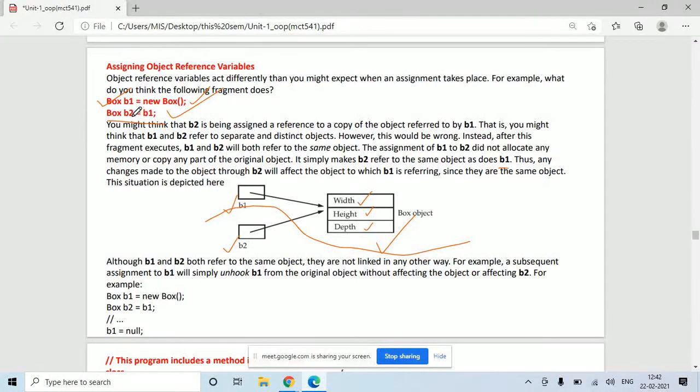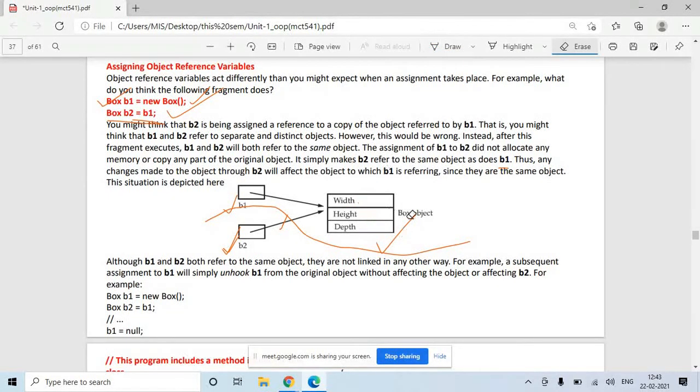Next line, box B2 is equal to B1. B2 is equal to B1 means create another reference B2 which will point to the same memory location where B1 is pointing. So you have created this arrow. What is the result of writing these two lines?